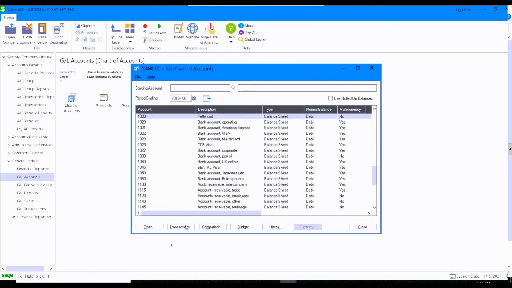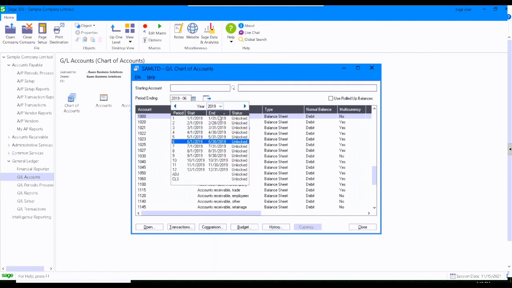From the screen, you can open up the GL account code and change how it's set up or change the naming of it. You can view any transactions. You can do comparisons this year to last year or this year to budget. You can view and update your budget, and you can look at history as well. So if I go back to, let's say, 2021,